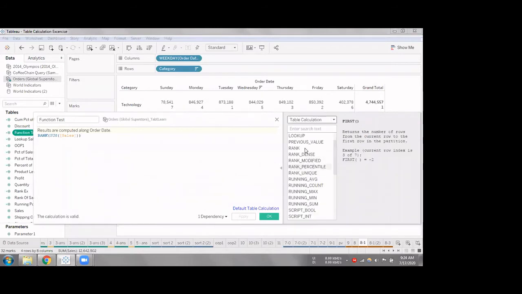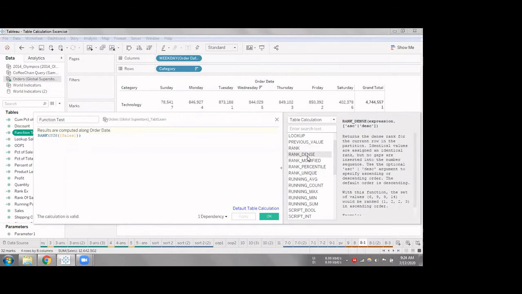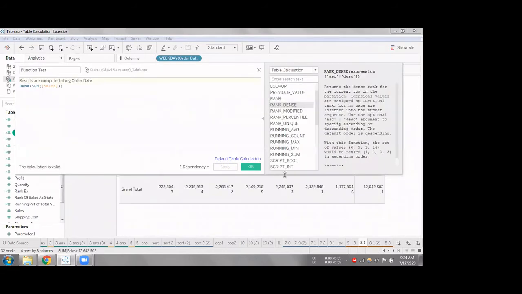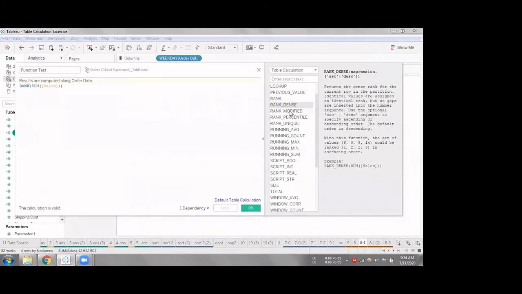Similarly, these are some other variations of the rank function. From here, rank dense. If you remember, we discussed these things earlier. So if you see the example here, if there are two individuals with the same value, then rank dense will just replicate the same rank for both of them and continue with the next rank from the last one. Whereas rank will give the same rank for the same individuals, but it will skip whatever the number of repetitions is. So it will continue from 4.